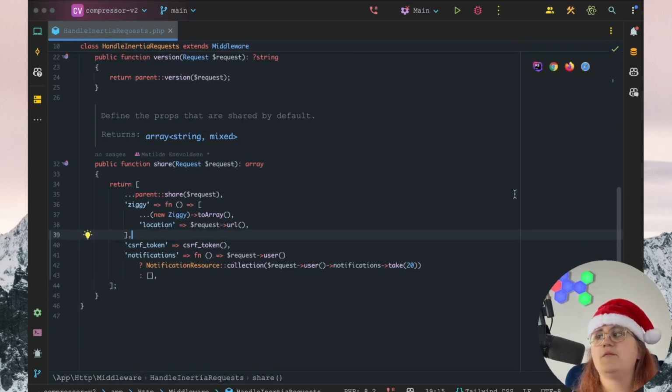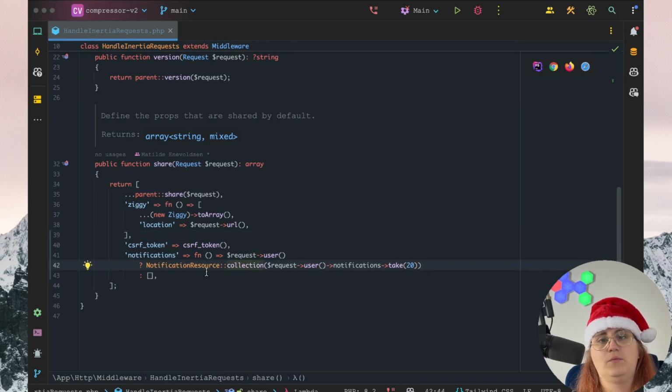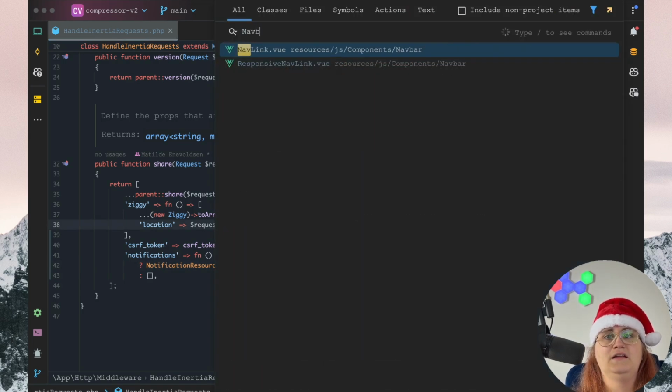So let's say, for example, you have a navbar that has notifications, where you can pass through a bunch of notifications from a user. Well, in this case, we can go ahead and pass through, for example, a notification resource with a collection of the notifications from a database for a specific user, which can then be accessed inside, let's say,